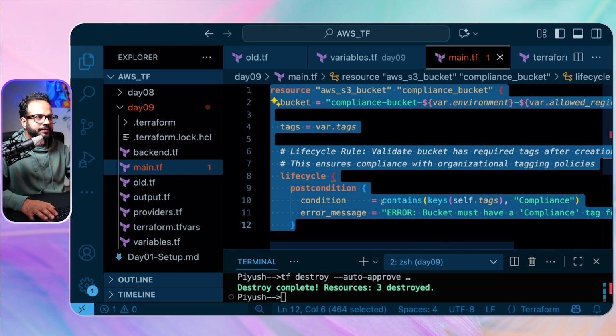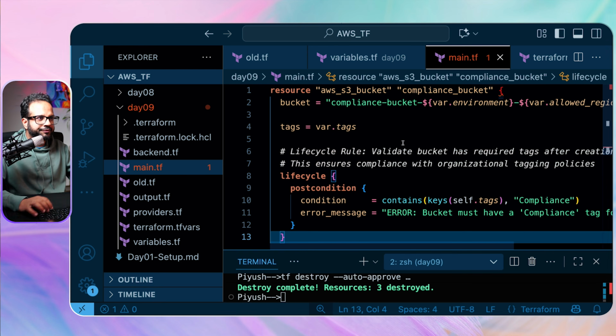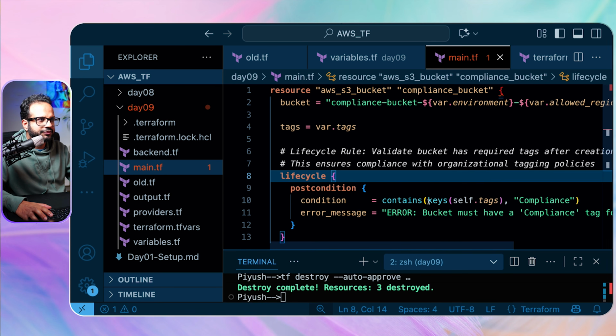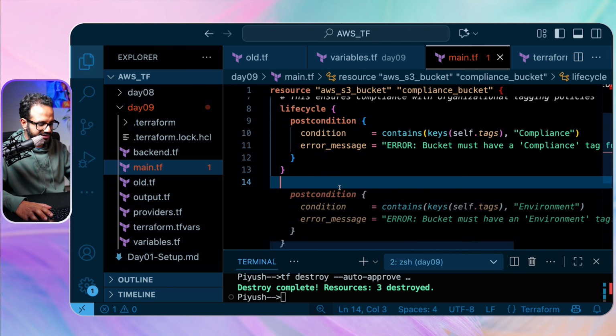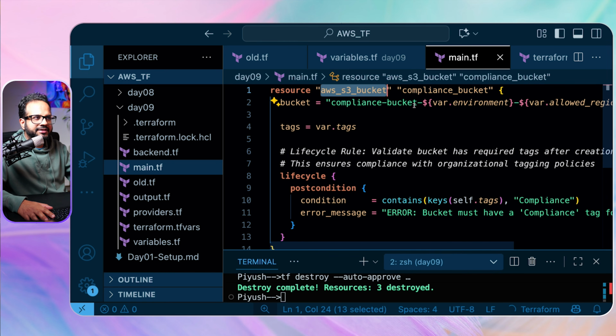Okay, again it's missing a dot. So, what it is doing, first let me fix the error. That's for life cycle, and then there is a missing one for this as well. Okay, so what it is doing, it's creating an S3 resource with the internal name compliance bucket, and then the